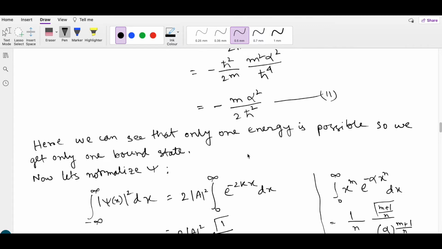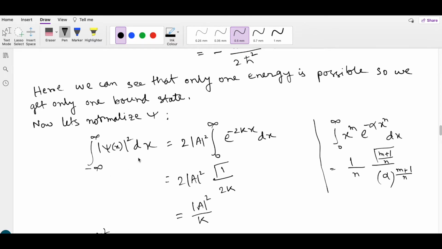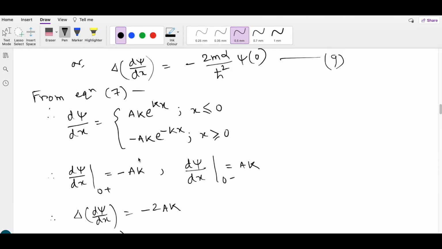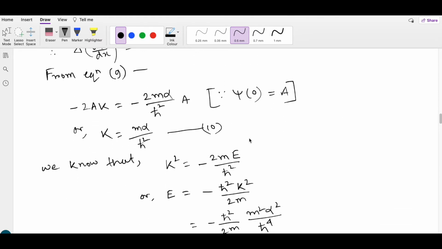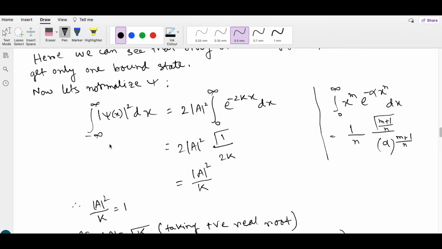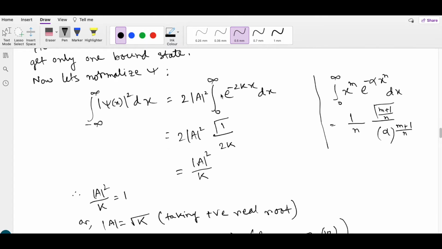Now let's normalize ψ. As we can see from the graph, ψ is an even function, so we can integrate from minus infinity to infinity, or we can integrate from 0 to infinity and multiply it by 2. And we know that ψ(x) is A e^(-kx) for x greater than 0. We have just put that value here in this equation,